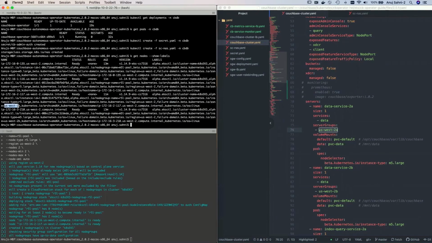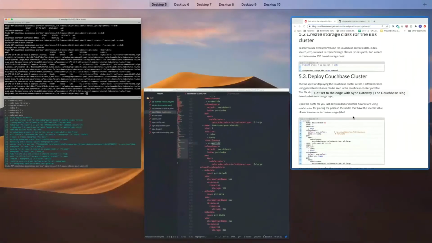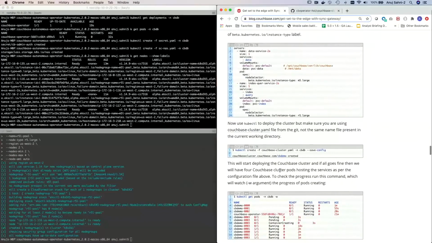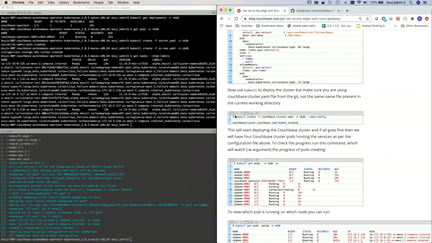So whatever is the zone you want your services to be placed in, it should match, right? So make sure that the label that you use in your YAML matches the label which is there in your show labels output. So let's go back to the blog,